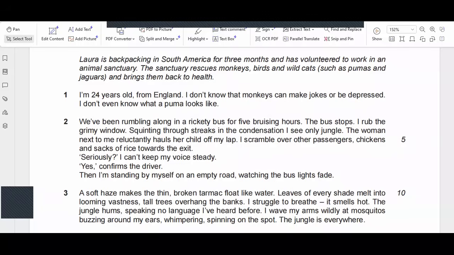So here the narrator is saying that they have been traveling for a good 5 long hours in an old, shaky vehicle, which made the journey very uncomfortable. So when it finally pauses, halts, or stops, she wiped the dirty glass, and through the foggy marks on the glass, she tried very hard to look outside. But the only thing she was able to see